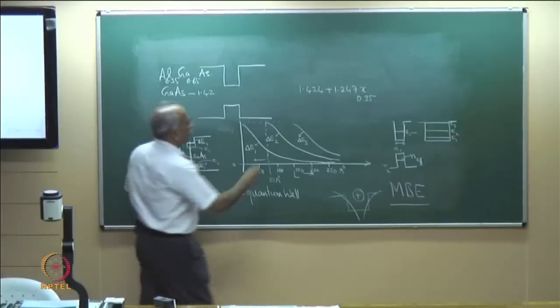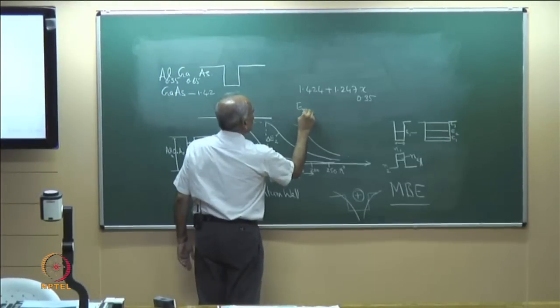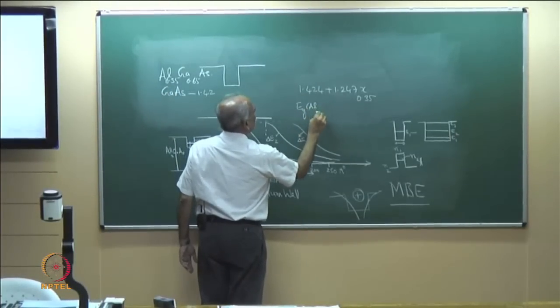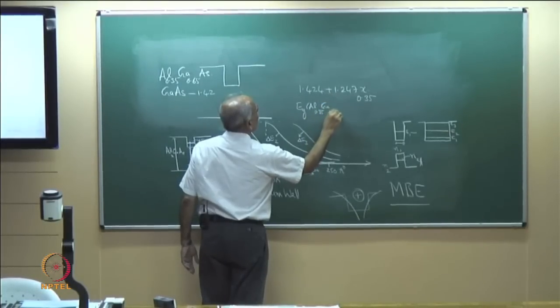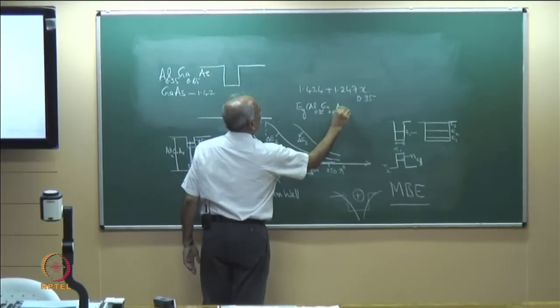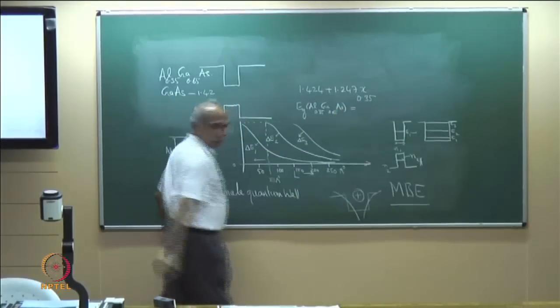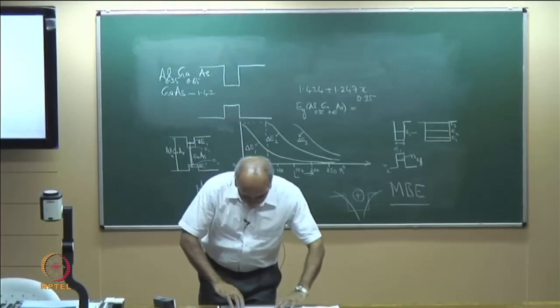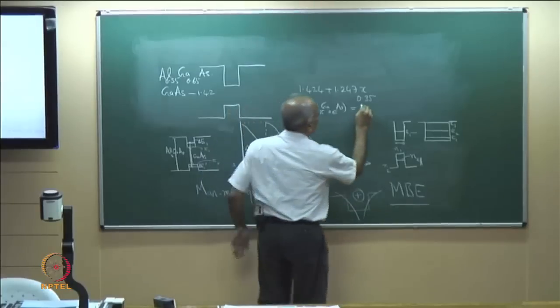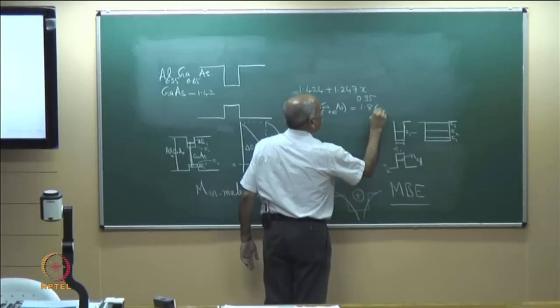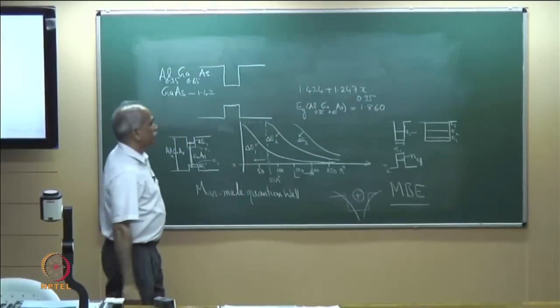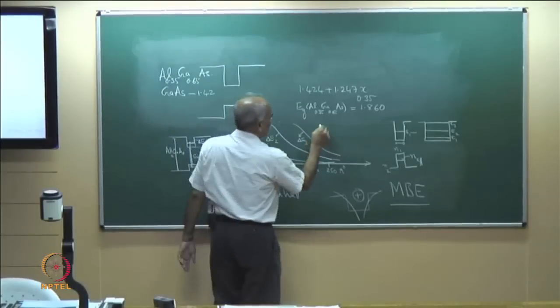So you will have Eg of aluminum 0.35 gallium 0.65 arsenide equal to, I have done a small calculation, 1.860 eV, and therefore delta Eg